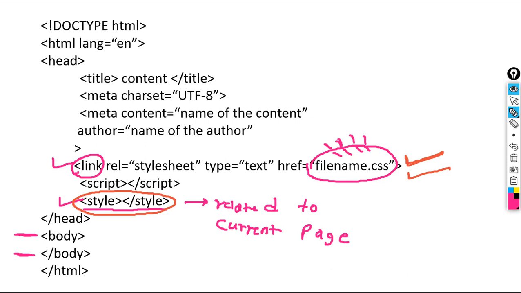Understood? So this is the basic structure of an HTML page. Now let's move on.